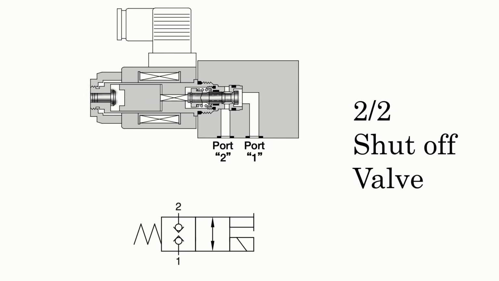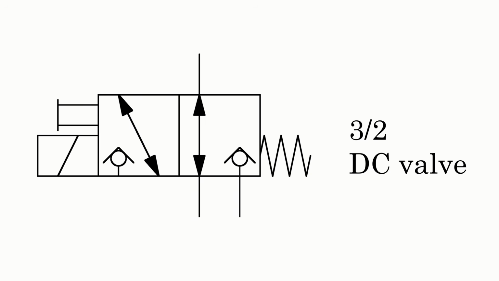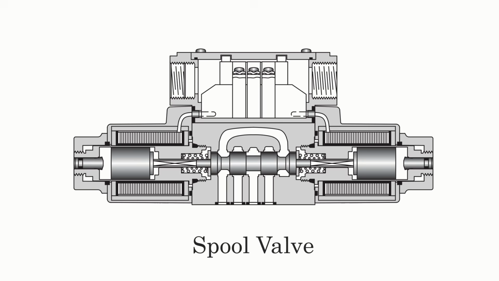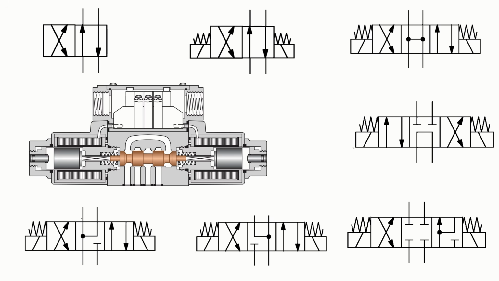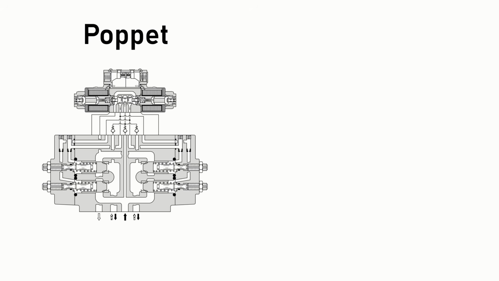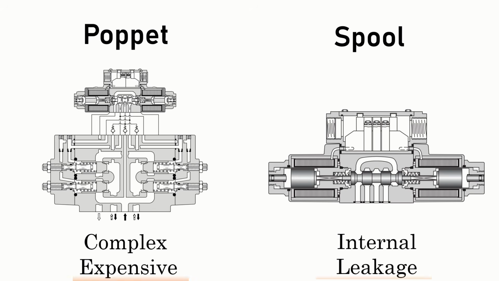That's why poppet valves are mostly used in simpler configurations, such as a 2x2 shut-off valve or a 3x2 valve, and in check valves. On the other hand, a spool valve uses a single sliding element, which makes it easy to achieve almost all directional control configurations in a compact and economical design. And that's why spool valves are widely used. But again, they come with inherent internal leakage. So if poppet valves are complex and expensive, and on the other hand, spool valves have internal leakage,